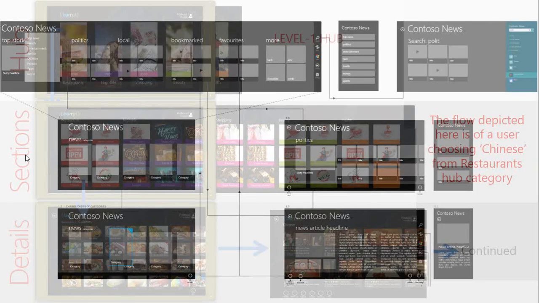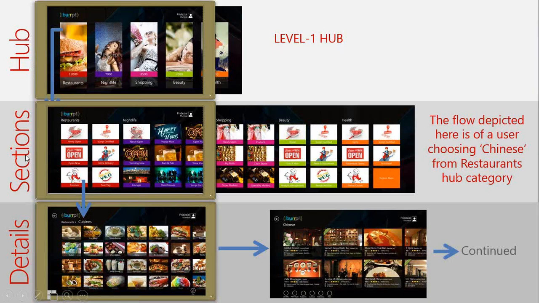What is required of you is to sit back with your idea and decide the information flow for your application and how you're going to place that information for the maximum user benefit. On the screen right now, if you can see, there's a hub page, section page, and a detail page. This is an app called Yelp, which has designed the app beautifully. If you can see a little bit, they have a categorization in terms of restaurants, nightlife, shopping, and beauty. And if you scroll a little bit, there's health, which is level 1.